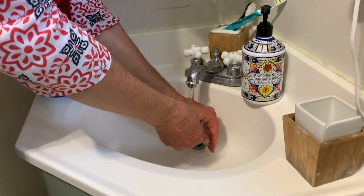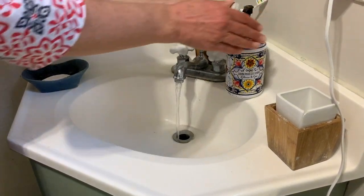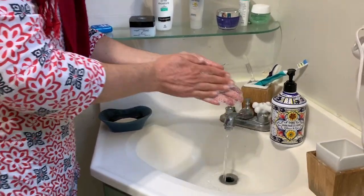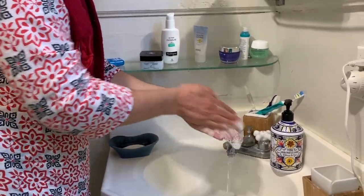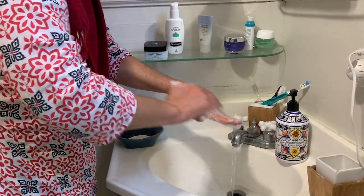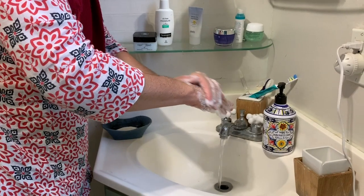That way you're letting any dirt, etc., just go down the sink before you've even put any soap on your hands. Then you put soap on your hands, and you don't do this under the water. A lot of times people soap up underwater. You don't want to do that. You can just let the water run or turn it off with your elbow if you have a sink where you can do that. And you're just rubbing your palms together, and then you're going to take your right palm and wash the top of your left hand,